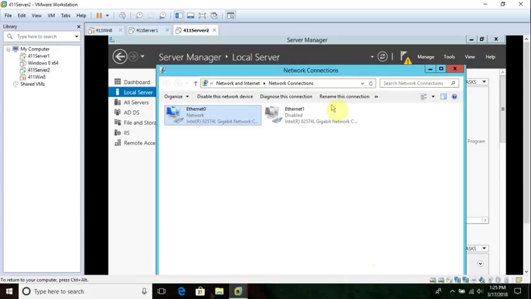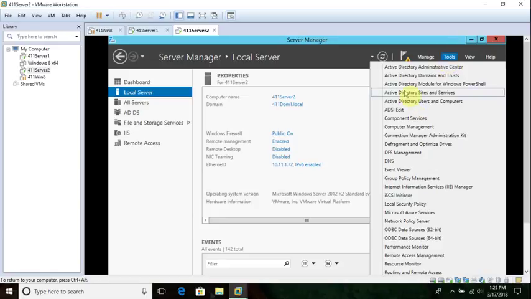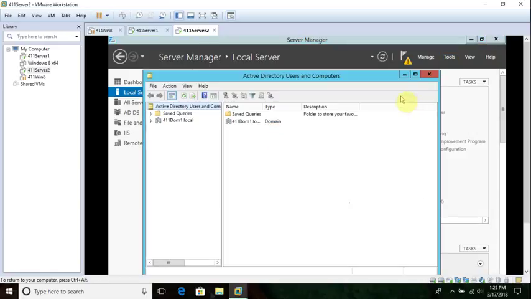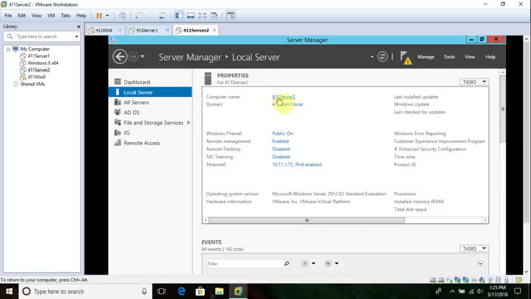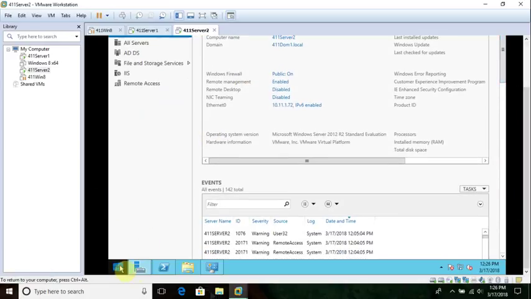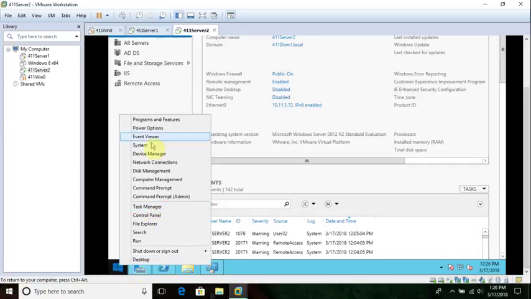And then open the Active Directory Users and Computers under Tools here, and it says to go to... hold on a second, I missed a step here. It says to right click on Start and click System, which I completely forgot to do. Right click here and click System,